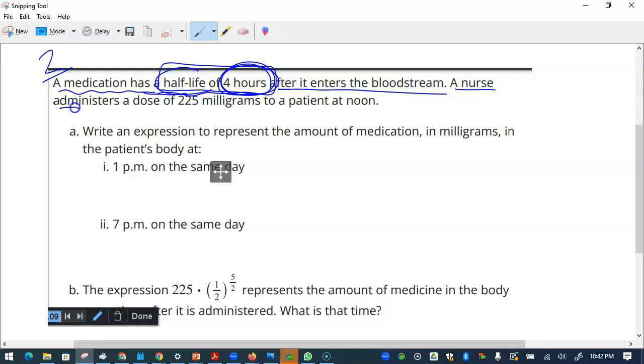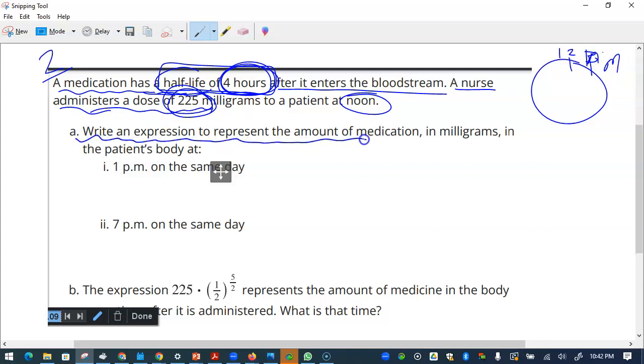A nurse administers a dose of 220. So in the beginning, this is being given to a patient at 12 noon, p.m. So if it is here, that's 12 p.m. Now, the question is, write an expression to represent the amount of medication in milligrams in the patient's body